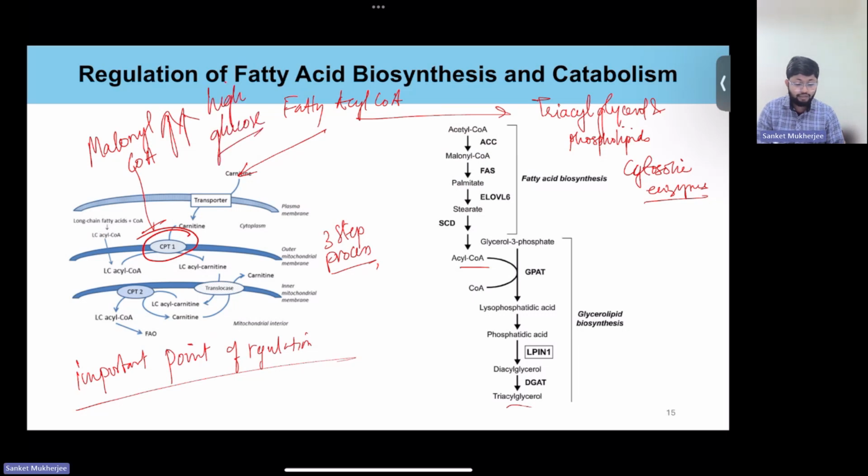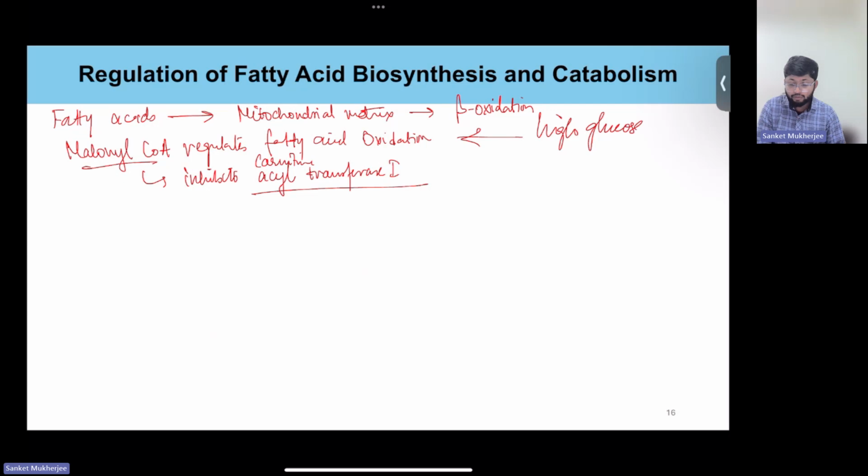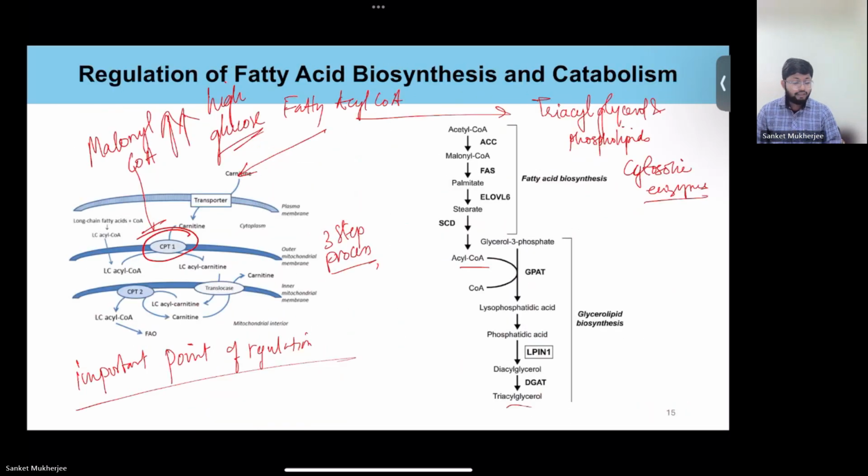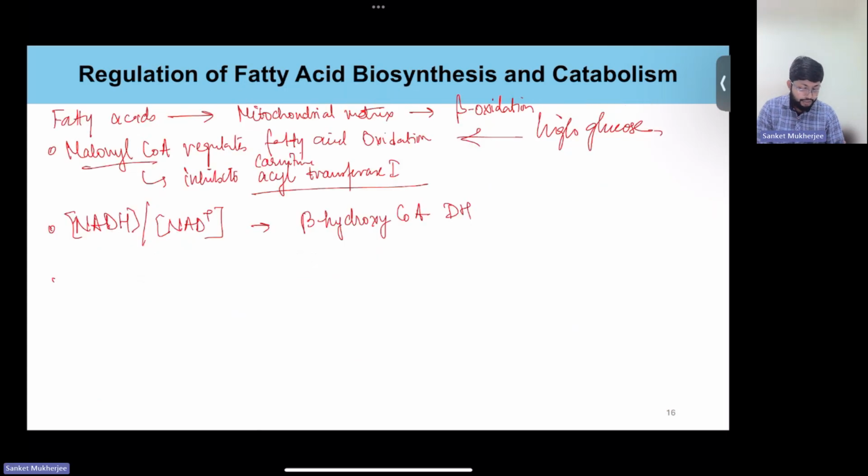So when there is high glucose in the liver, it can be increased. So high glucose will essentially prevent fatty acid metabolism, right? It can also be regulated using a high concentration of NADH compared to NAD plus, right? So in this case, beta hydroxy acyl coenzyme A dehydrogenase, the enzyme which is used here, this step is inhibited. A high concentration of acetyl coenzyme A inhibits thiolase,